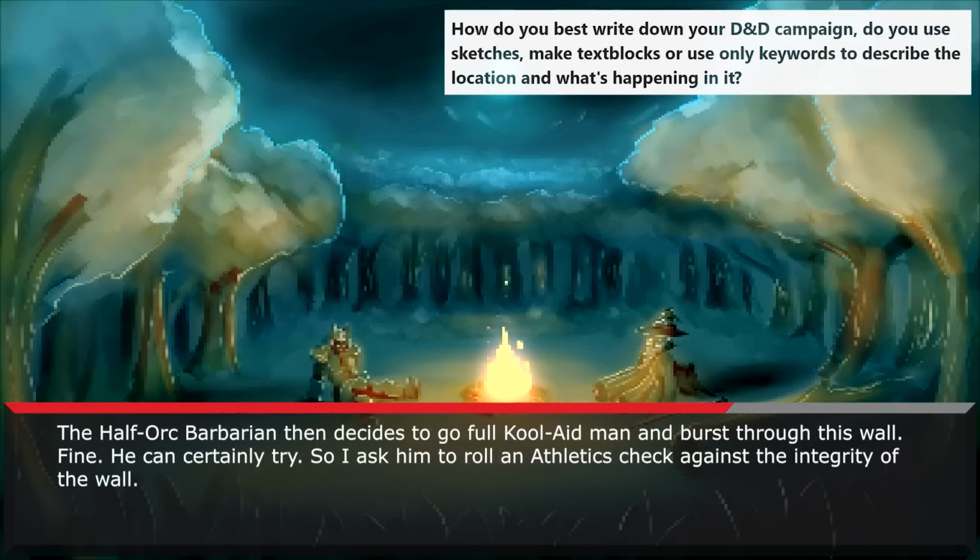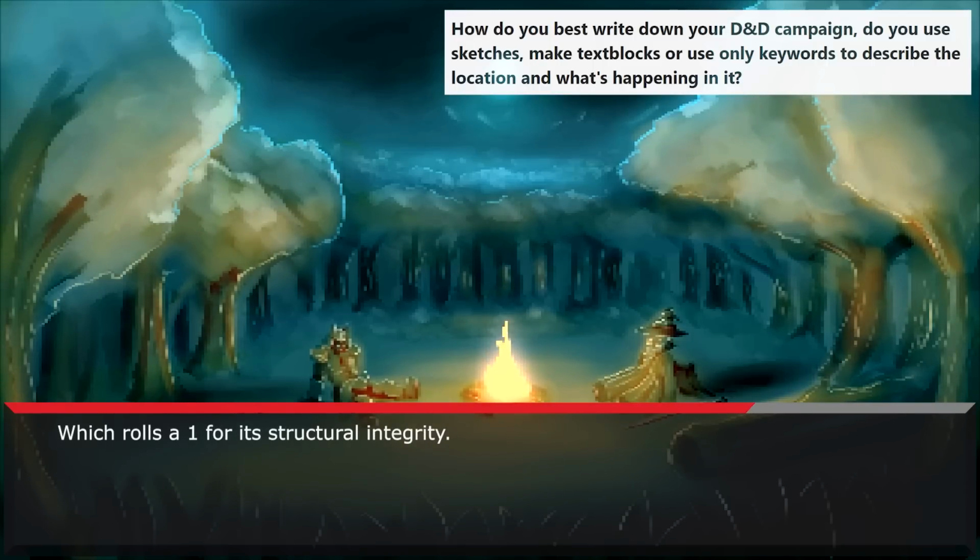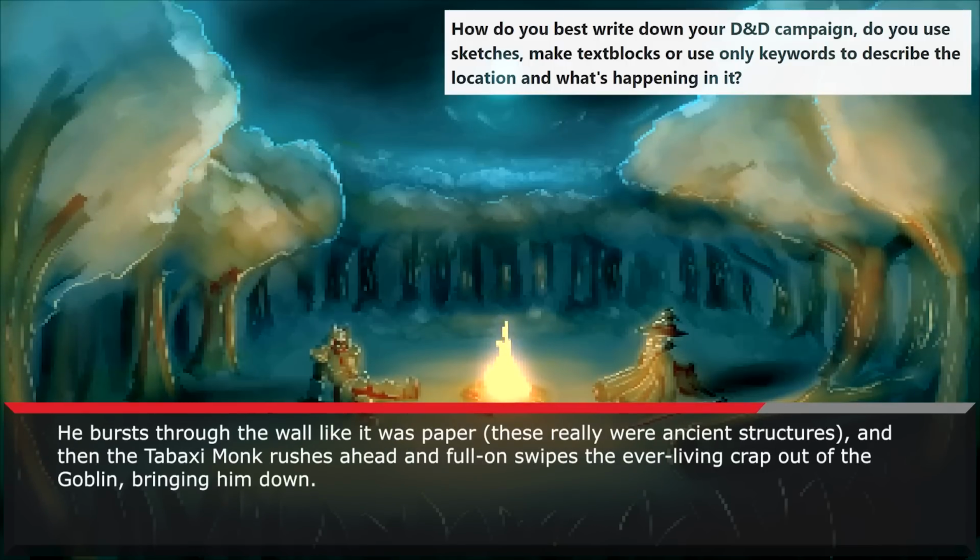The half-orc barbarian then decides to go full Kool-Aid Man and burst through the wall. Well, fine. He certainly can try. So I ask him to roll an athletics check against the integrity of the wall, which he rolls a 1 for his structural integrity. Oh yeah! He burst through the wall like it was paper. These were really ancient structures.